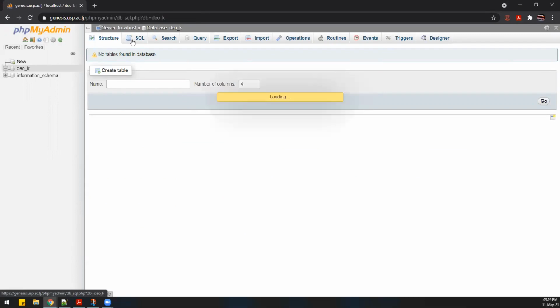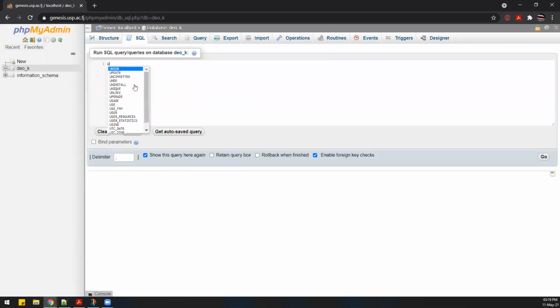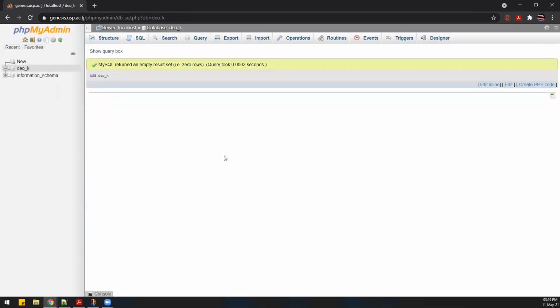You will go to the SQL tab and you will enter use whatever your database name is. Mine is dev_k, so I will write dev_k. Yours will be your student ID, so you will write use and then your student ID. And then to execute this, you will click on go, right? So it says we have some message in green, so that means the query was executed successfully.